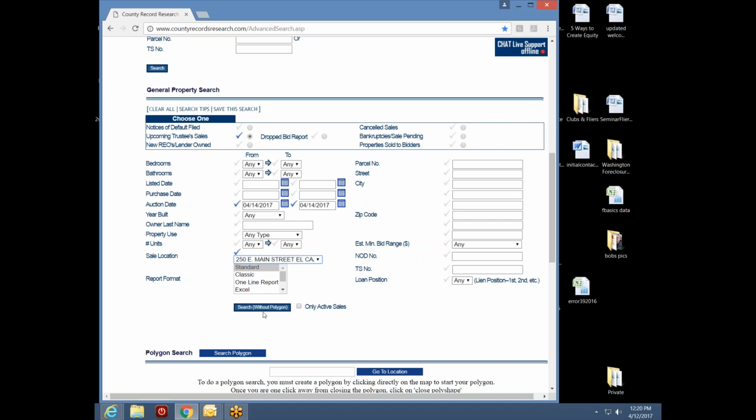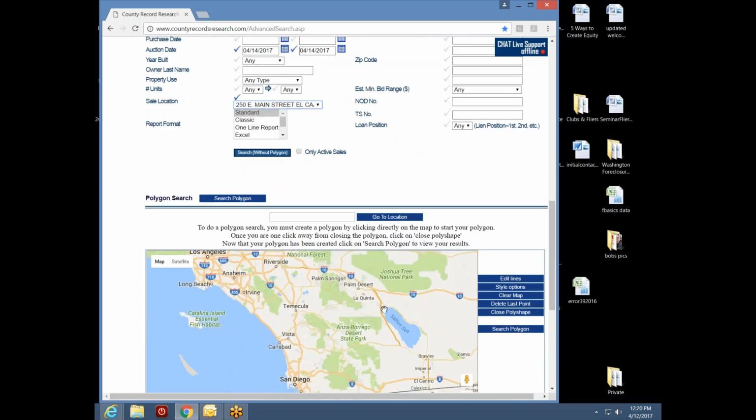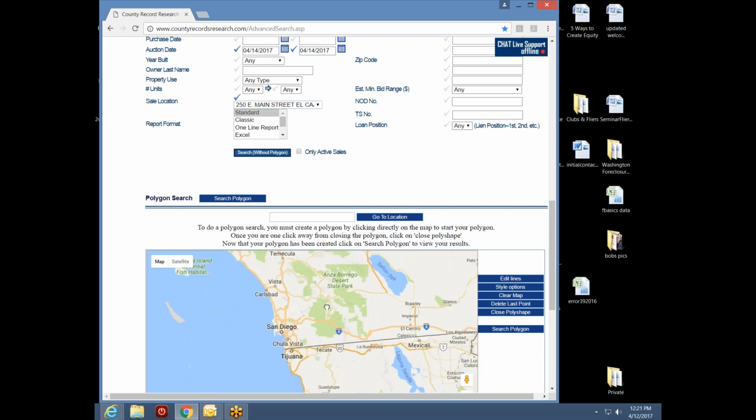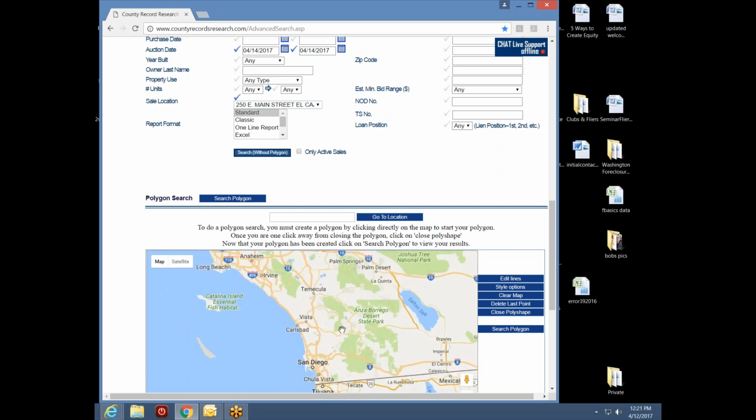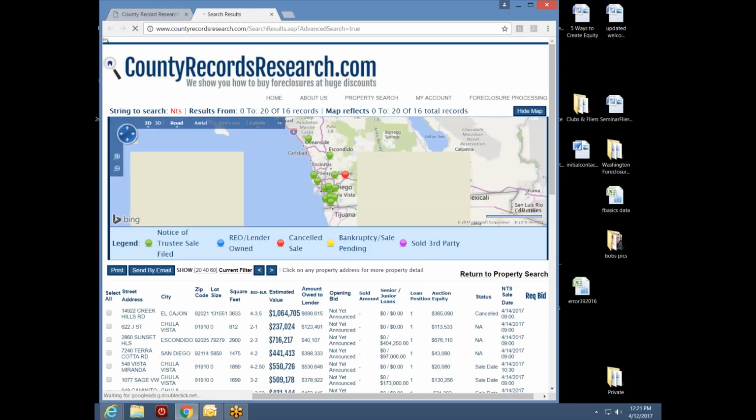So I'm going to go ahead and I'm going to hit. Now notice I've got 2 different buttons I can hit for my search. I've got a search without polygon button, and I've got a search polygon button. Notice also if I scroll further down, there's a map. Now this map goes with the polygon button because it's a polygon map. What we do is we can design a specific geographical area defined by making lines to enclose a target area. We're going to show you that in just a moment when we switch back to notice as a default. But again, I want to focus for the moment on properties going to auction on Friday. So I'm going to hit search without polygon and see what we get.